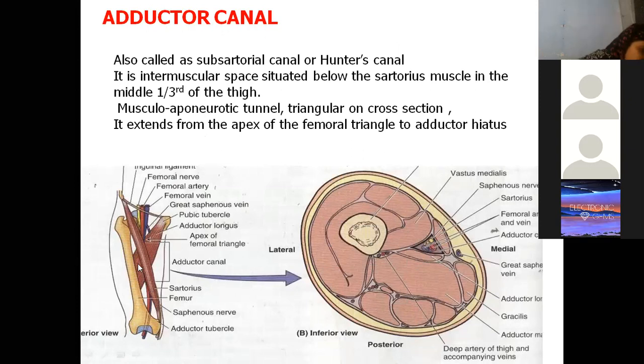Emma was telling that this section is like the femoral triangle. She was confused because she found all